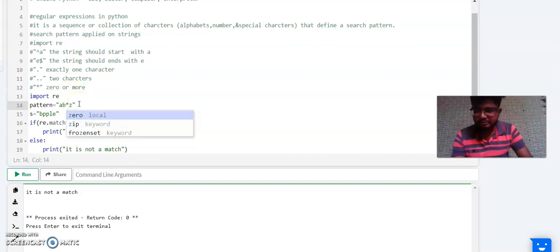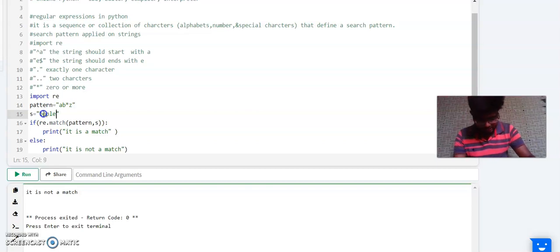The pattern is A B star Z. Now I'm not taking a string, I'm taking a list. I'm checking with the list, comparing both the list and the pattern. The list is AZ, ABZ, ABBBZ, ABCZ, MABZ.